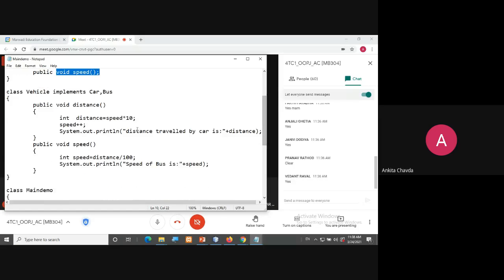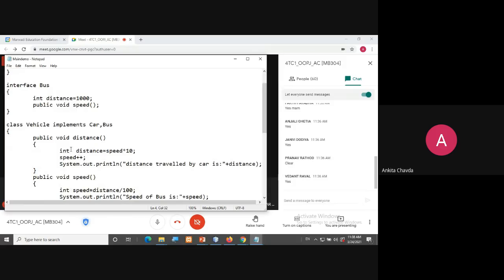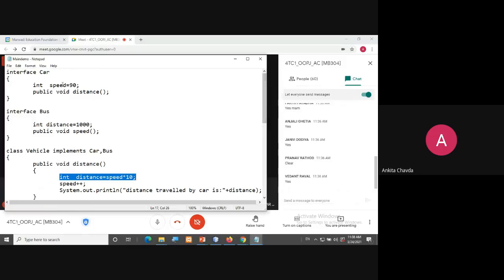So here in this void distance method, which actually belongs to the interface car, we have integer distance equals speed into 10. Have you seen this? I am using the speed variable here and calculating distance here.